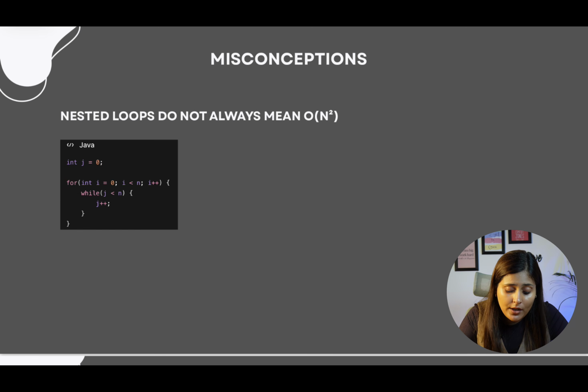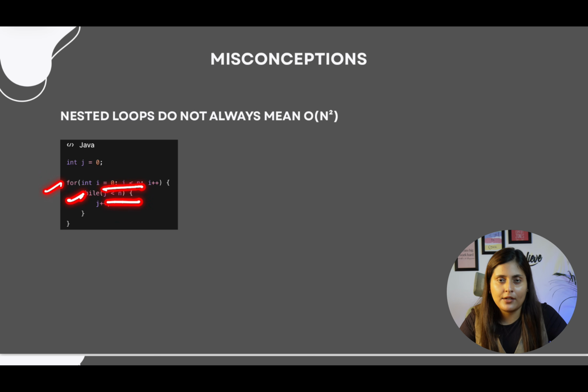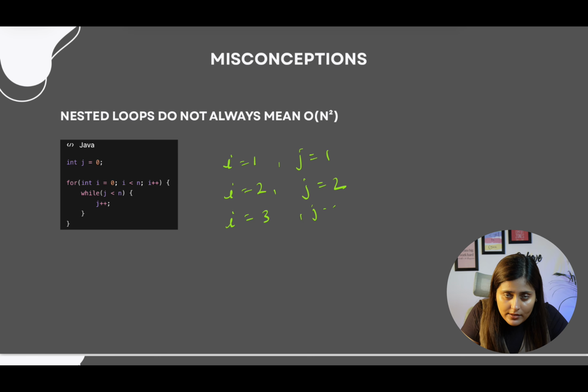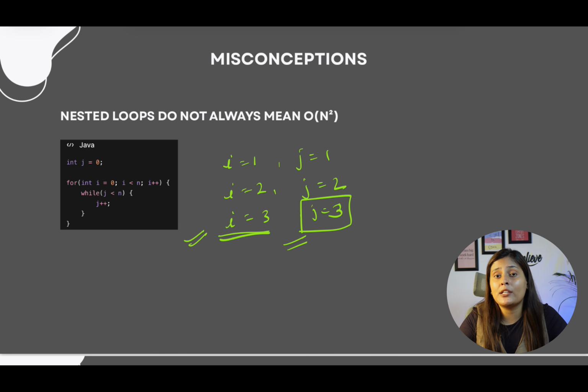Let's take this example. This for loop is running from 0 to n, and we are running this while loop also until j is less than n. Here we have initialized j to 0. We can think it is running for n time and this is running for n time, meaning n square. But exactly not. See, the very first for loop will run for i equal to 0, and here j will become 1. Next time when i is 1, j will also be 1. Next time when i is 2, j will also become 2. When i is 3, j will also become 3. Correct? So if we run the for loop one time, in the same constant time we have increased the j value also.